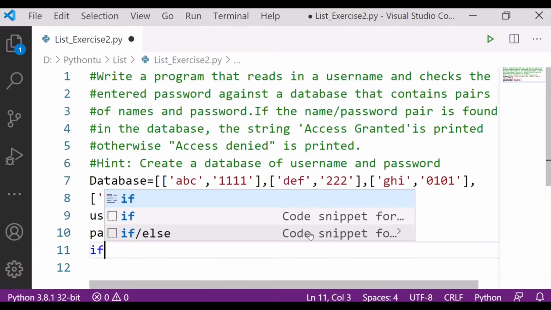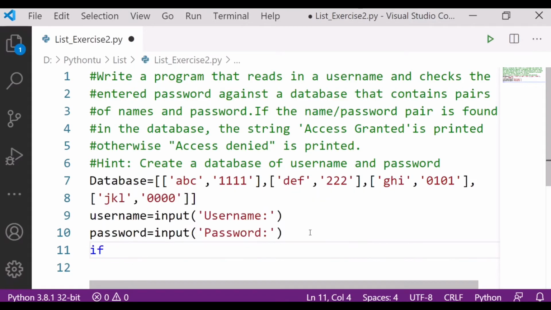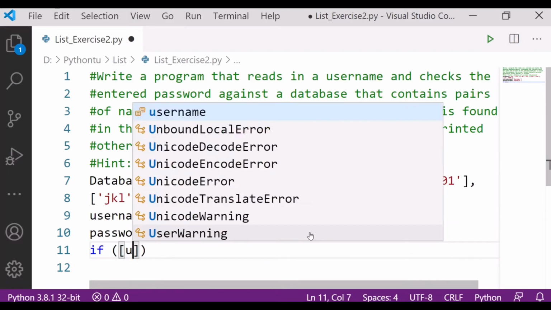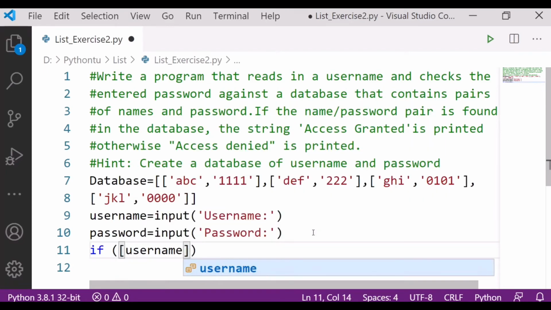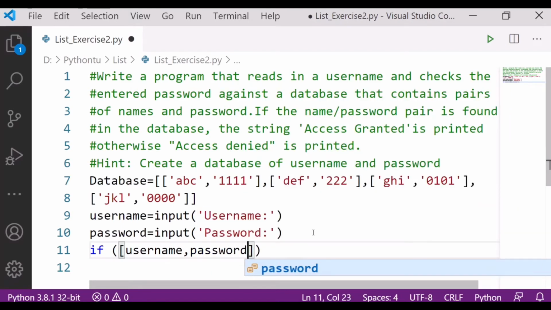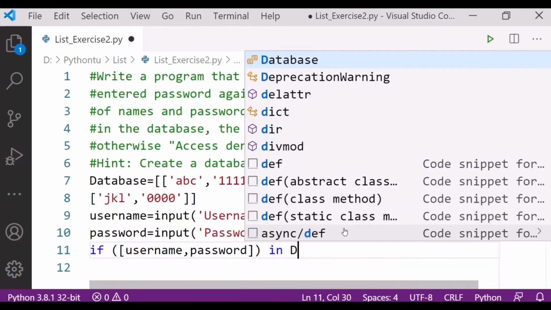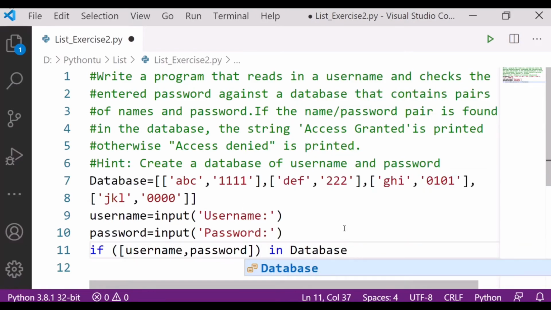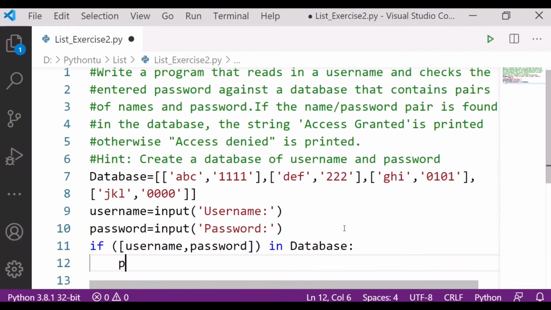So let's see, if username, password in database, okay, if username and password in database, then what it has to print: access granted.